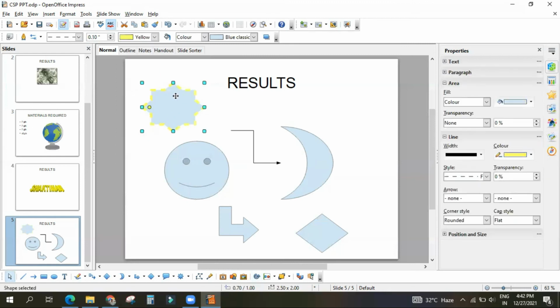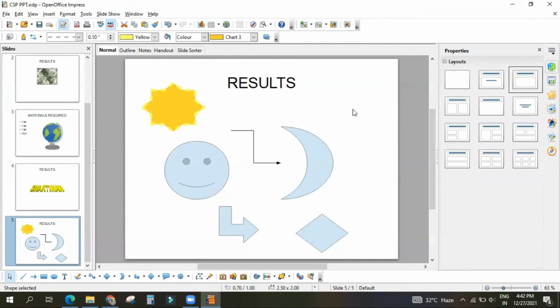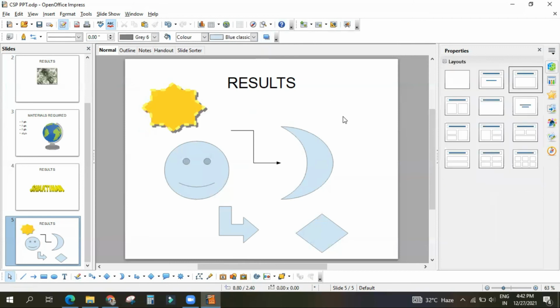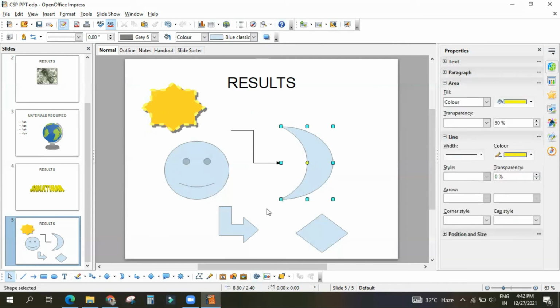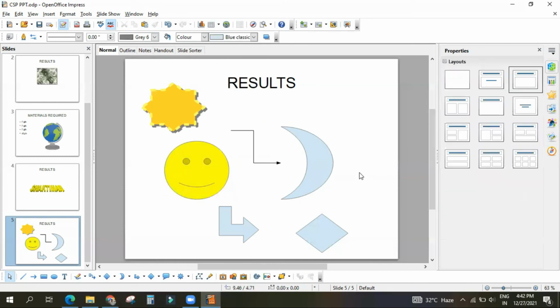Okay. Getting my point? Yes, sir. You can change these things. Okay. Like this you can do. Understood? Yes, sir. For all of the things, you can do all of these things. This is for border, line color. This is the upper line. And this is the, which one? Area. This is the whole area. Okay. Like this, you can change. Okay, understood? Yes, sir.